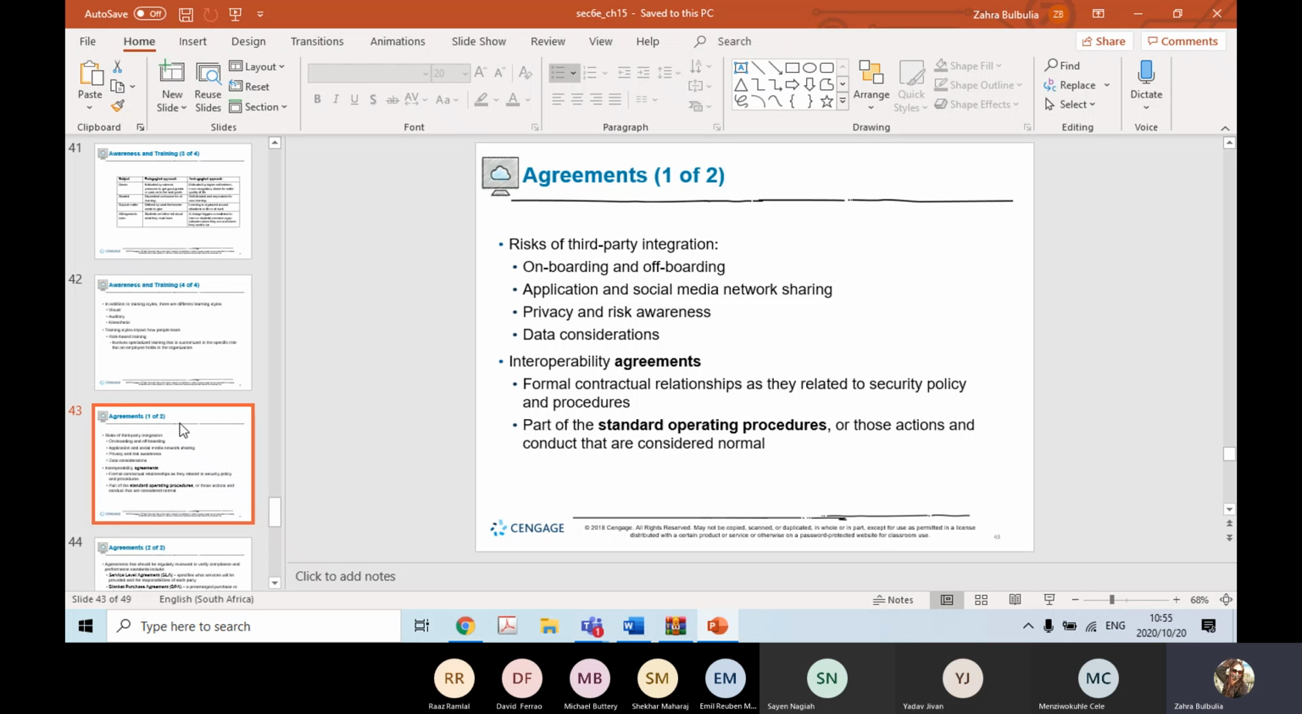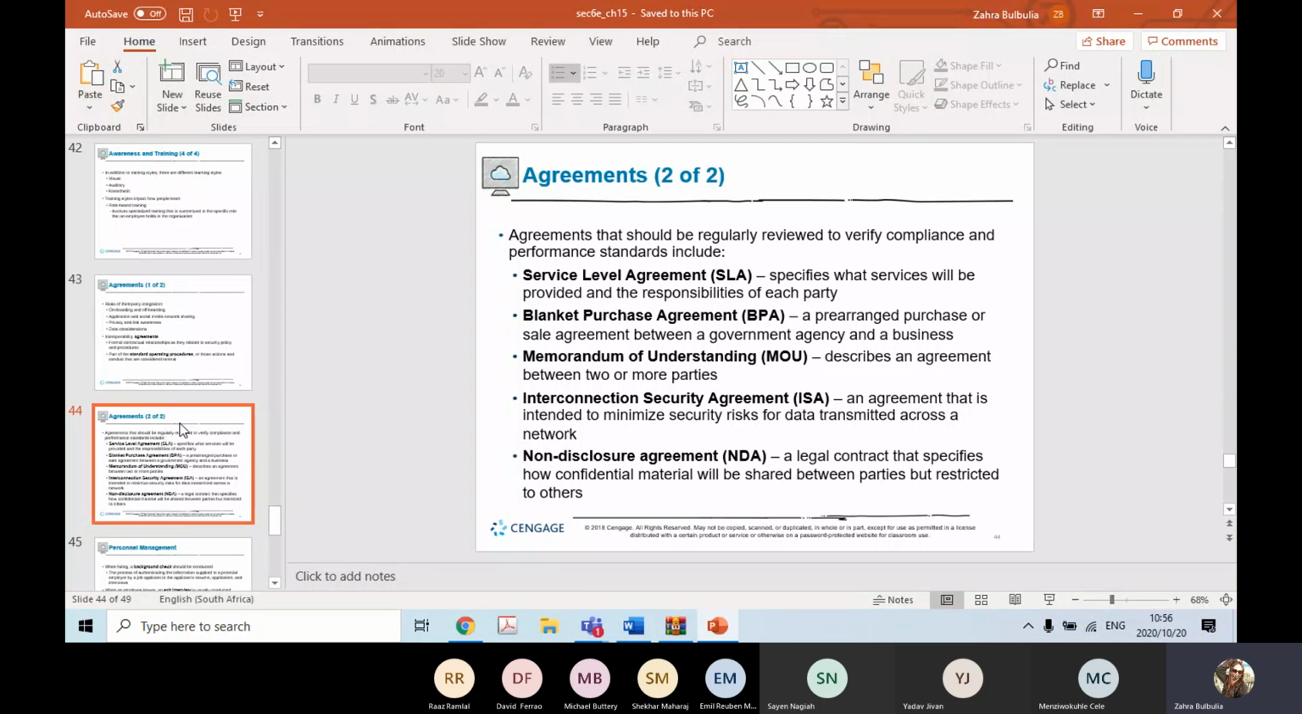And data considerations. How much of your data is cached? What do you search for when you're at work that you might not want to? Because please note, guys, a lot of your activity is logged. Interoperability agreements are formal contractual relationships as they relate to security policies and procedures. These are part of standard operating procedures, those actions and conduct that are considered normal. And we've got